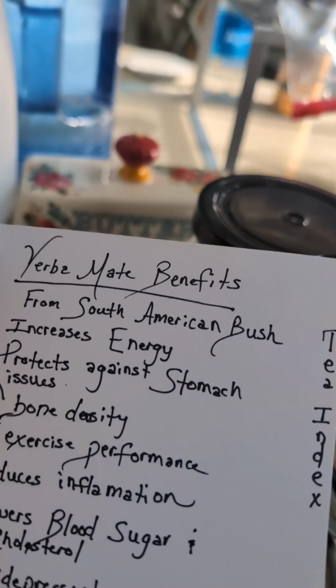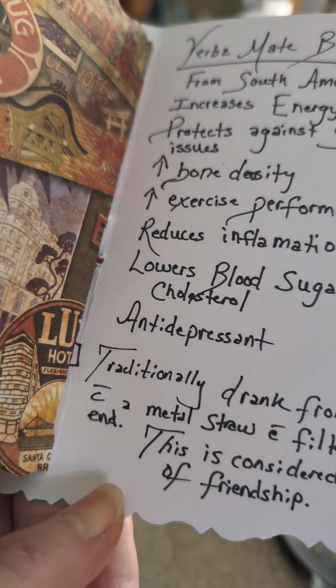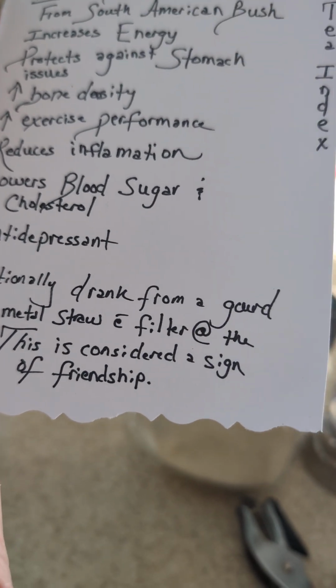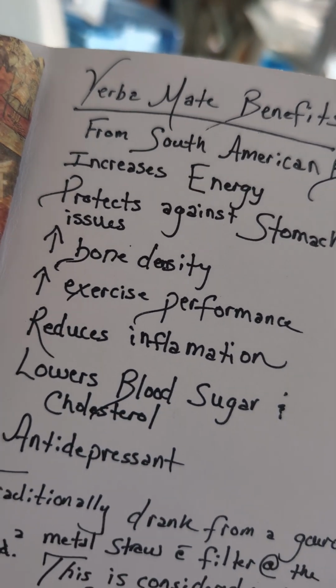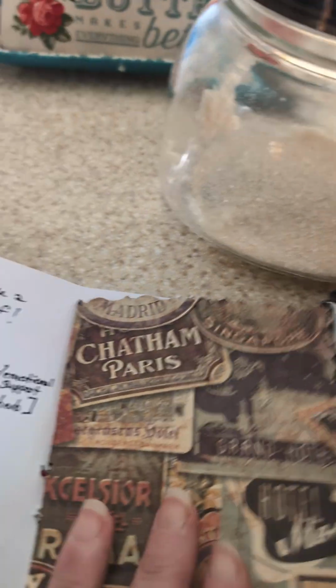Like yerba mate, where it's from, how it's also traditionally drank from a gourd with a metal straw and a filter at the end so that the little bits don't get through. And this is considered a sign of friendship. But yerba mate comes from a bush in South America, and it is great for increasing energy. And you just put like a pinch of the